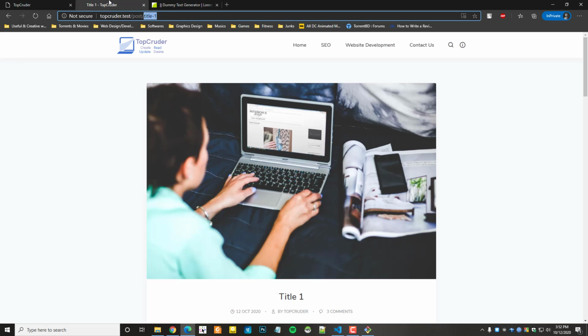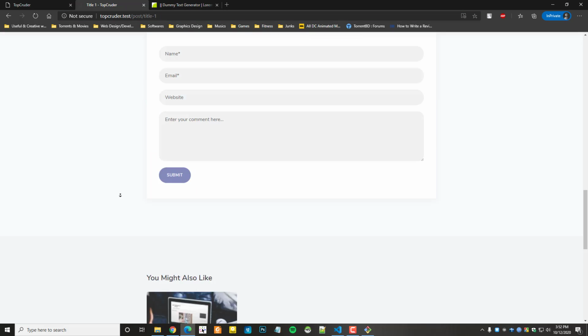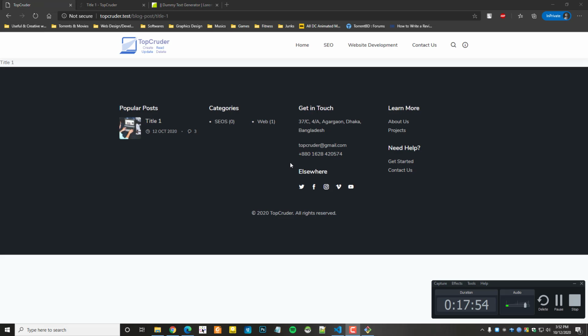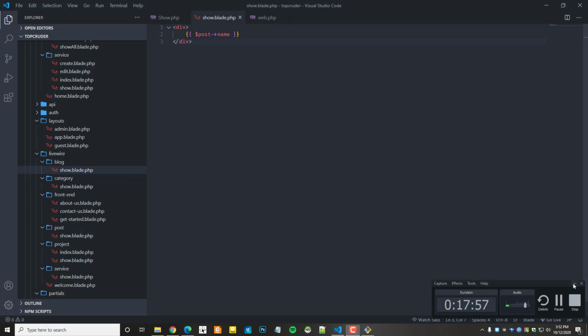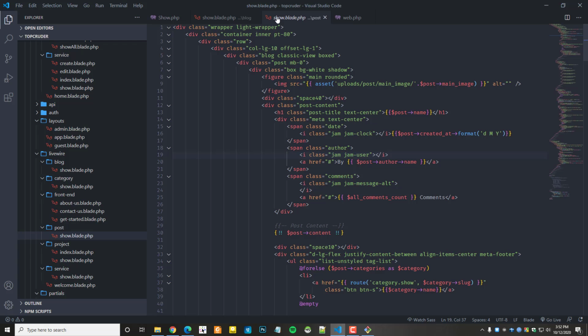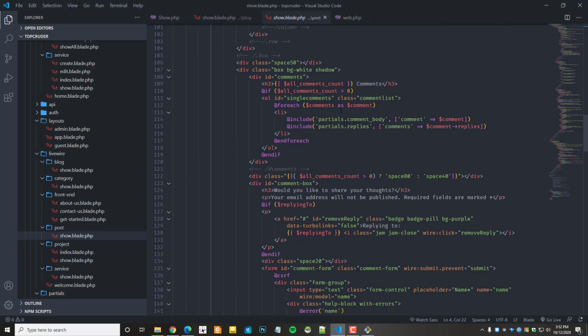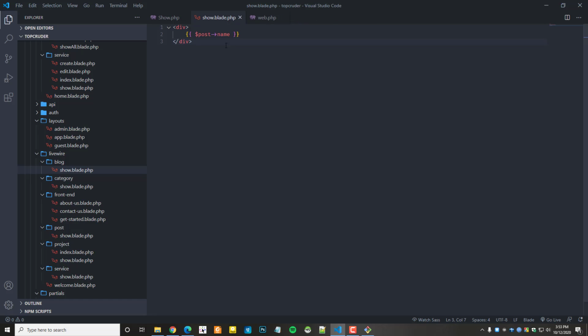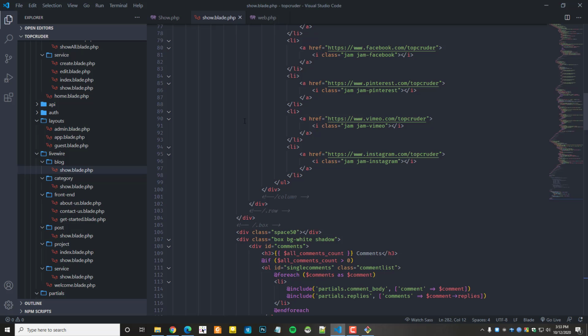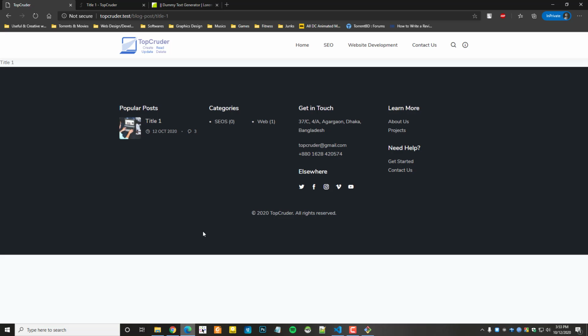So now I have already created all the layouts, so we're gonna just use the basic layout for this. So we're gonna paste this layout. In this case this is our layout. As you can see we have pasted our layout, and if we go in the browser and refresh it one more time,